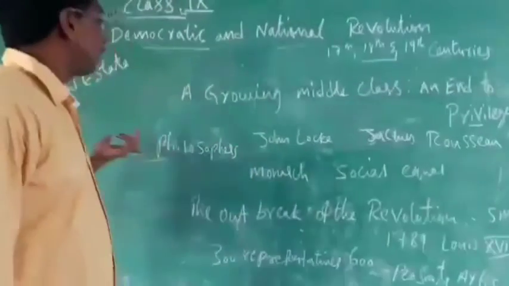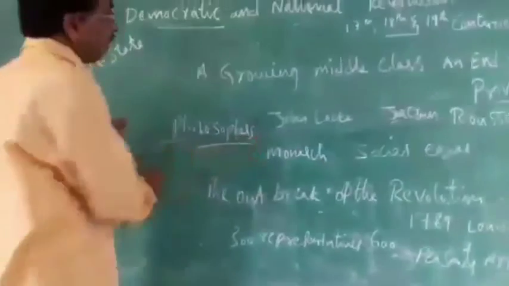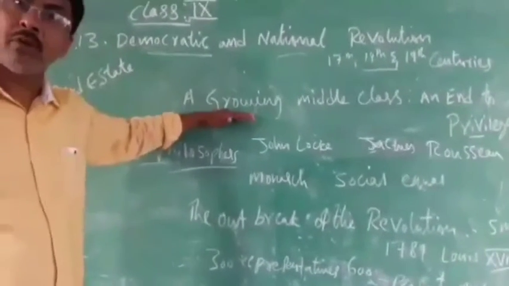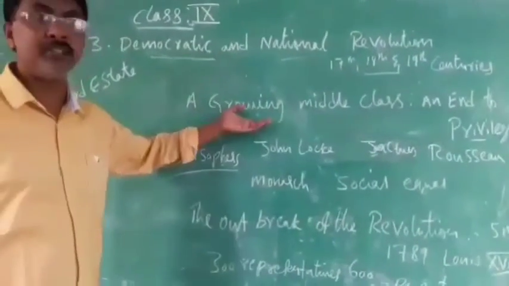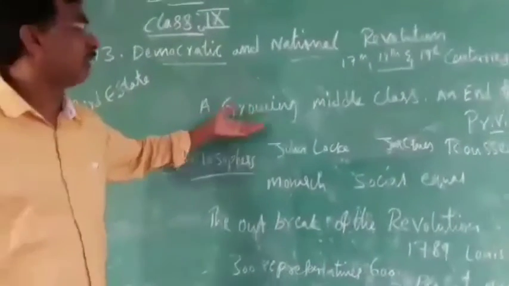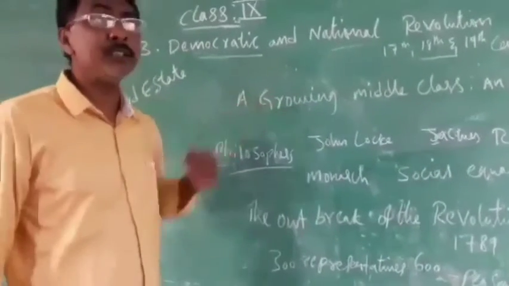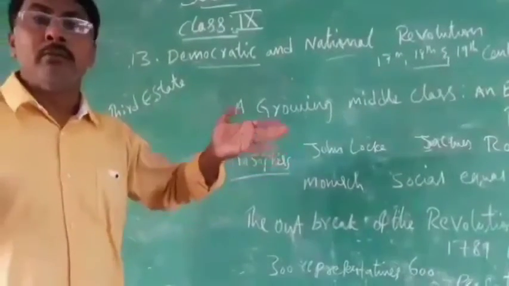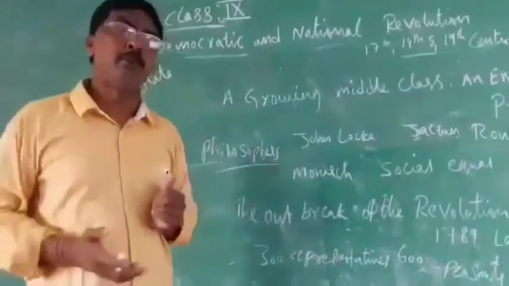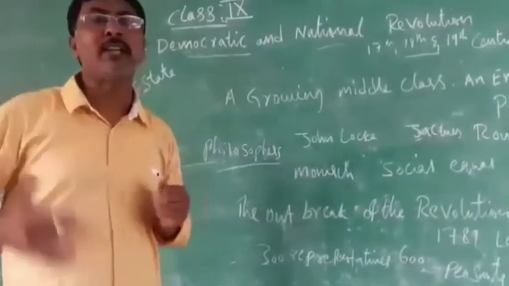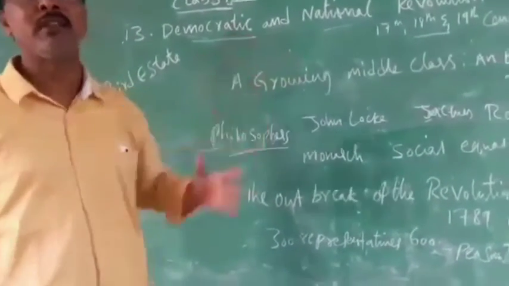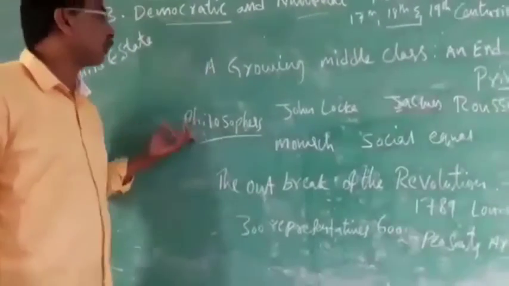So here you see what happens with the philosophers. I told you, all the middle class people became educated, they became lawyers, engineers, teachers, and also sailors. The middle class became richer than the clergy and the nobles, because of trade with gold, silver, and everything. And at that time, what happened?